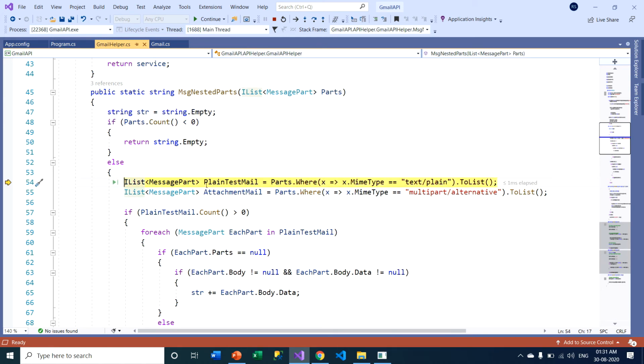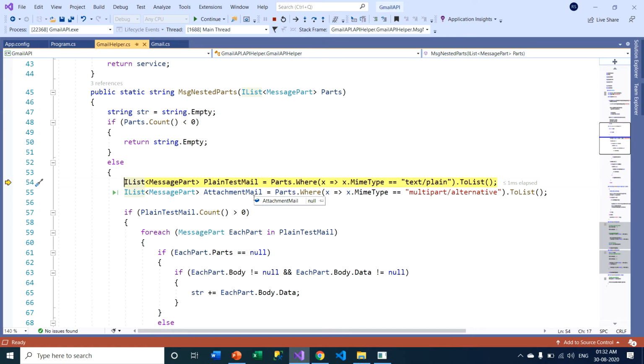First it will check the plain text mail. That means a particular email's content can be of different types of text. It could be plain text, an attachment mail, or an HTML-based mail. A mail's content is not only normal plain text; it can have HTML-based text. I am not retrieving those HTML-based contents.